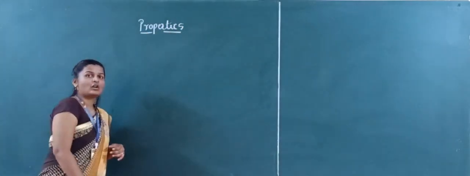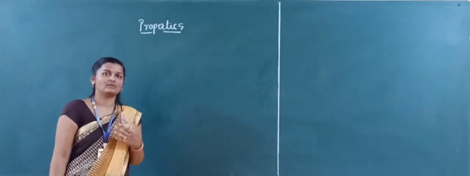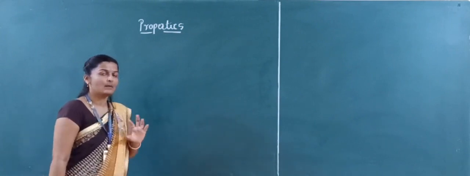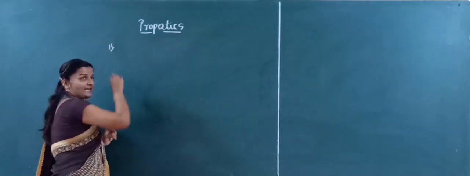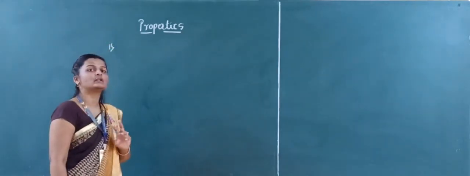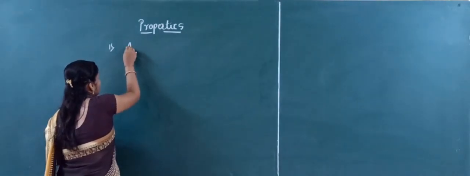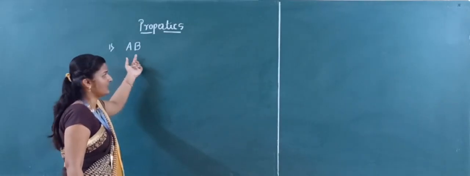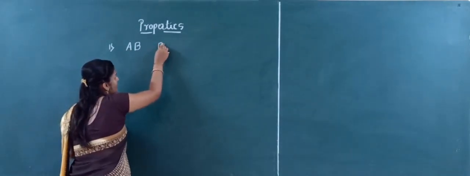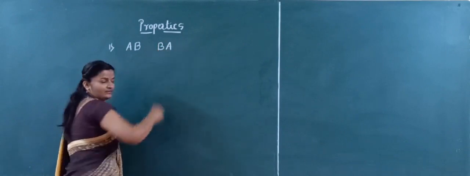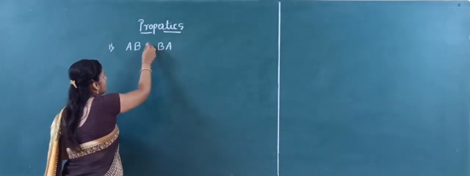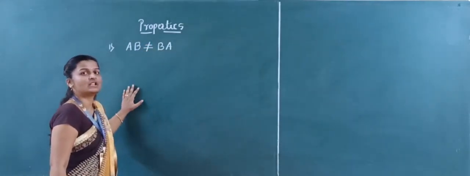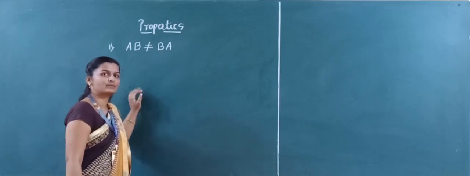So see here, all of you know the commutative law. Commutative law means if we interchange the numbers or the matrices, the result should be the same. But in matrix multiplication, I will take any two matrices A and B, and I have to multiply AB. So I have multiplied AB. If I interchange B and A like this, the result is not equal. What does this show? The commutative law does not hold good for matrix multiplication.